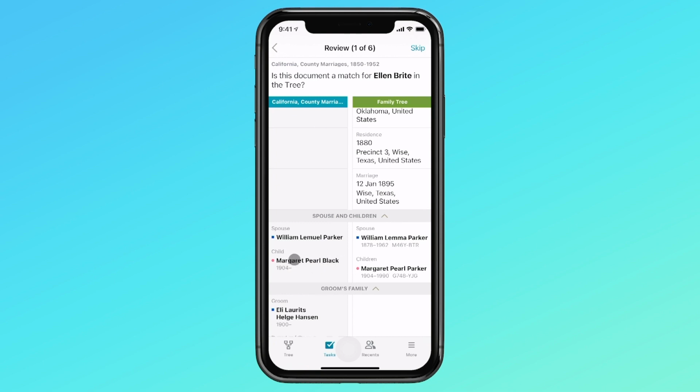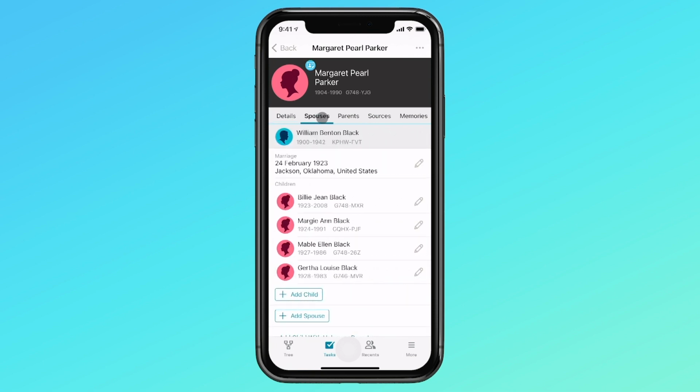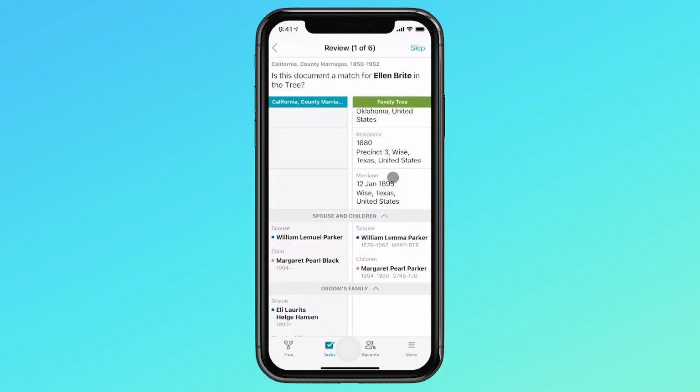In the record, her name was Mara Parker Black. But let's go ahead and click on Margaret Pearl Parker to see if she married someone with the last name Black, because the birth dates are lining up there. So I'm just going to tap right here on Margaret Pearl Parker, and let's look at her spouses. And she did, in fact, marry a William Benton Black, and it looks like he passed away in 1942. So if I go back now, this is